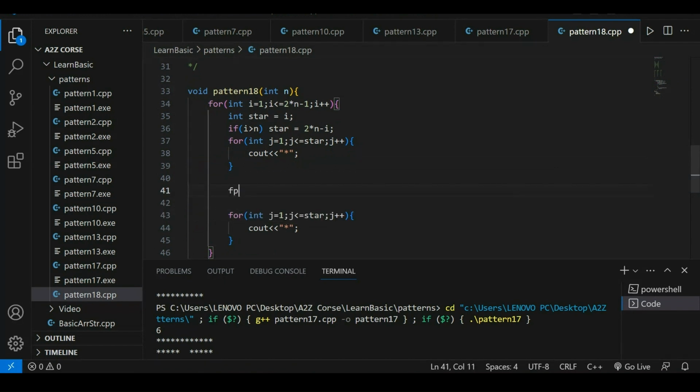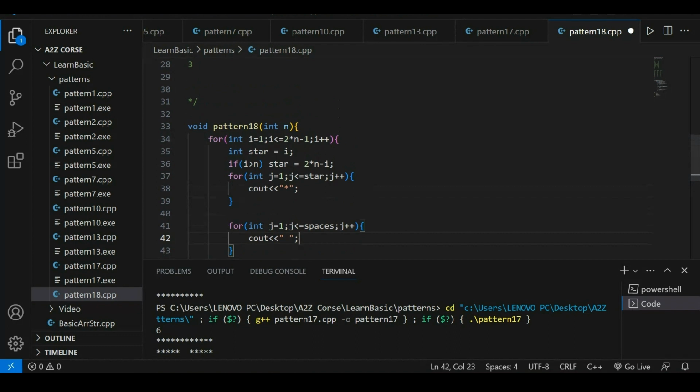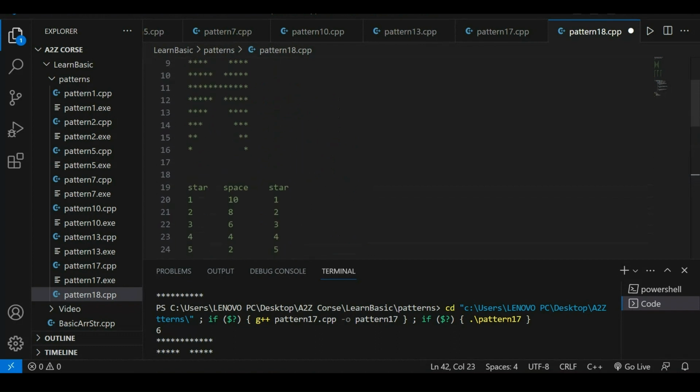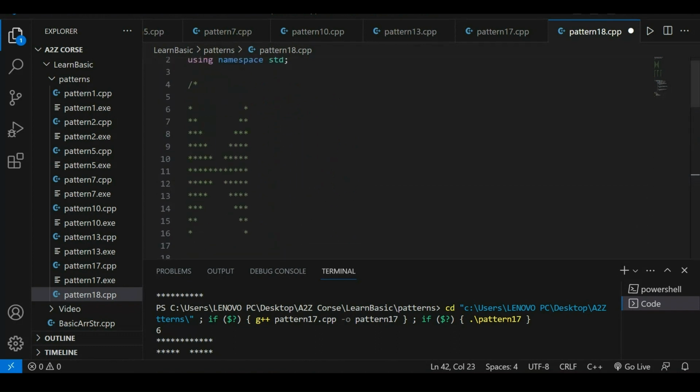Now it's time for spaces, and for spaces what can I do? I say we have taken a space as 1, and j equals to spaces, and we make our j as for spaces and j plus plus, and we just write basic here like this. But it's time to talk about spaces. First of all we have to understand कि in first case how many spaces we have, 2 into n minus